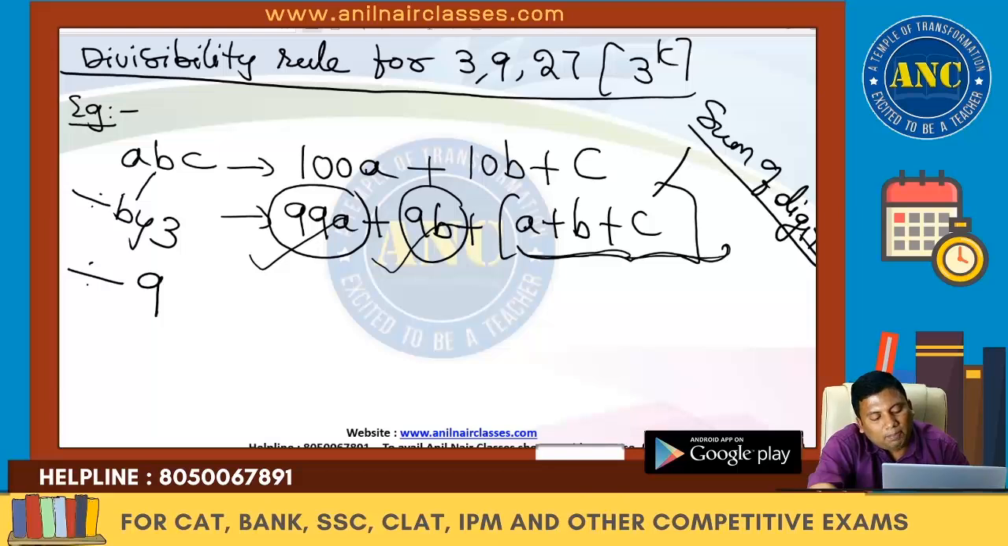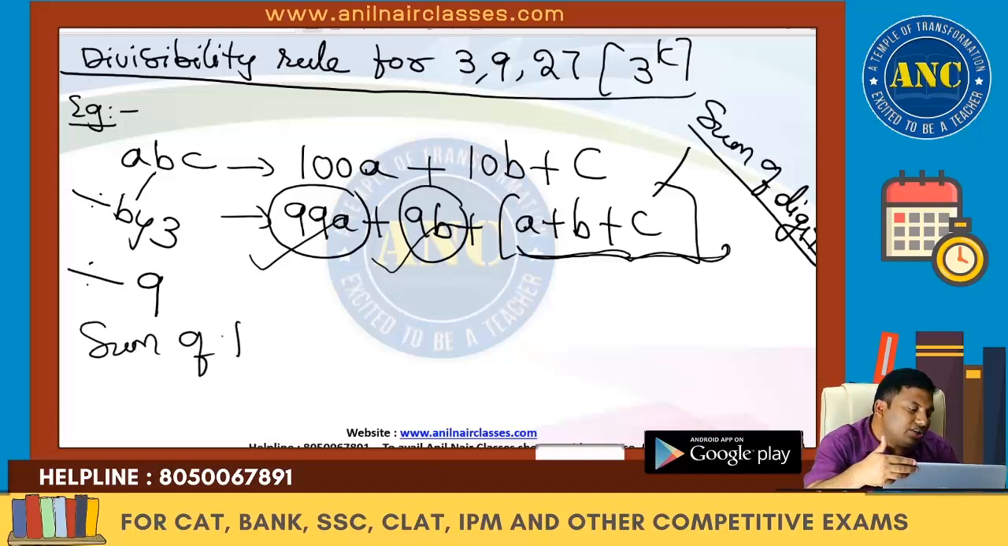A plus B plus C should be divisible by 9. That means not only for the divisibility rule for 3, but also for the divisibility rule of 9. What is the concept I am getting? Sum of the digits should be divisible by